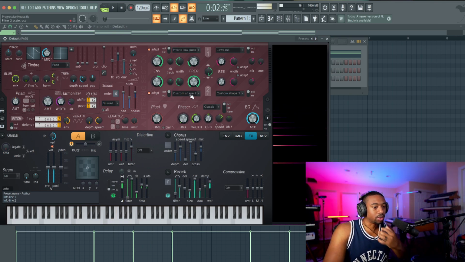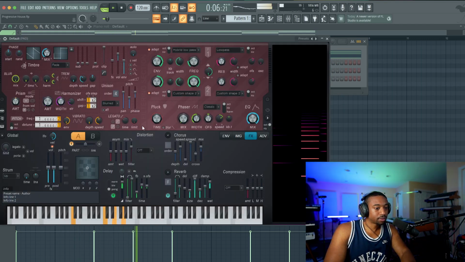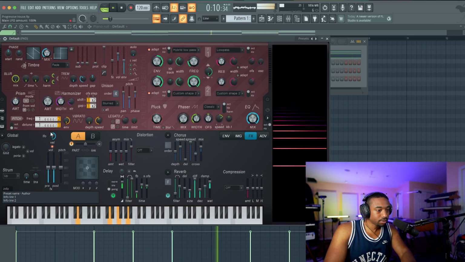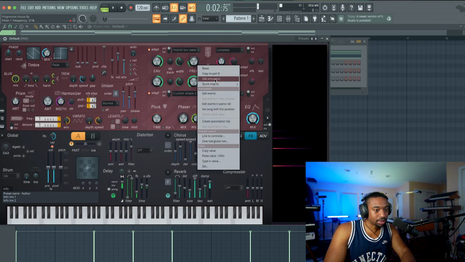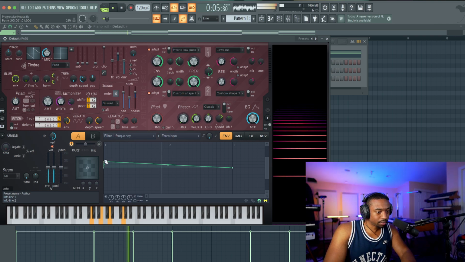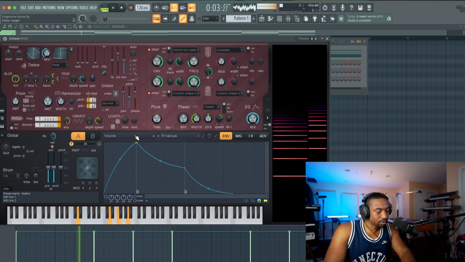Okay, so again, everything else is pretty much up to your own taste at that point. You want to keep messing with the tone of the sound. We need to go back to our envelope view. So let's right click, edit articulator. I think too, the volume envelope kind of took away the vibe. So let's turn that back off.